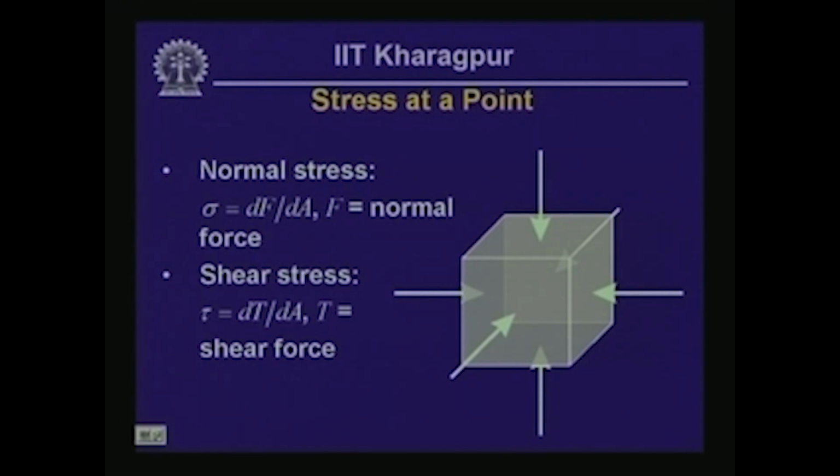So in general, for a three-dimensional problem, you are going to have three normal stresses aligned in three orthogonal coordinate directions, and then you are going to have shear stresses. So we are beginning here with the shear stresses acting on the vertical plane on the right side of this particular element, and if you have got that kind of shear stress, in order to maintain equilibrium of this particular element, we are also going to have